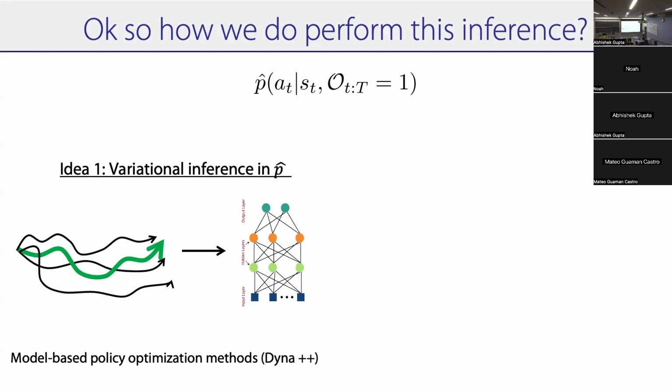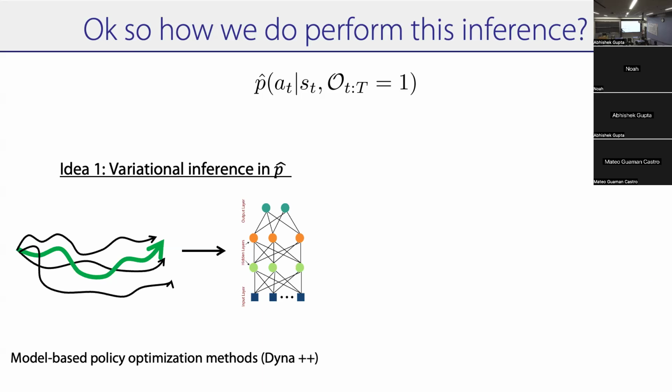Right, and so we talked about these methods in class, MBPO and methods that try to do policy search in a model, by generating samples from your model. All of those methods you can derive by doing variational inference in p hat. So all those methods, you fit a p hat first, and then you do variational inference in your p hat. And why would you do that? The hope is that you need fewer samples to train a p hat than you would need directly in the environment. So that's why model-based RL is supposed to be more efficient, because you can get away with fewer samples.